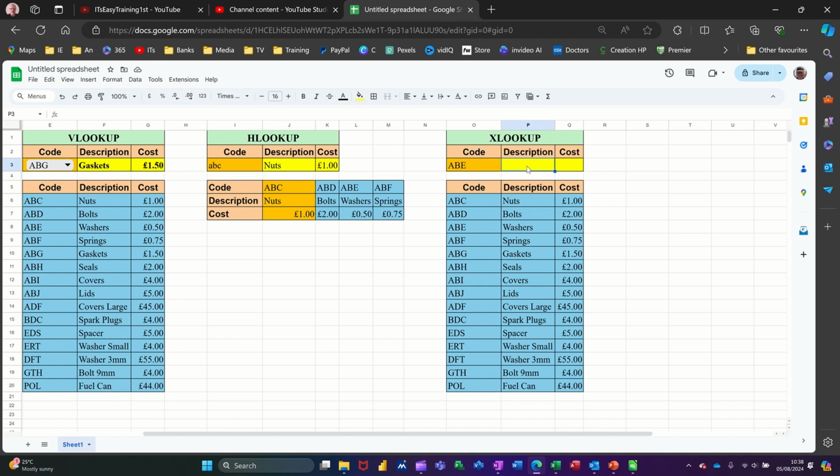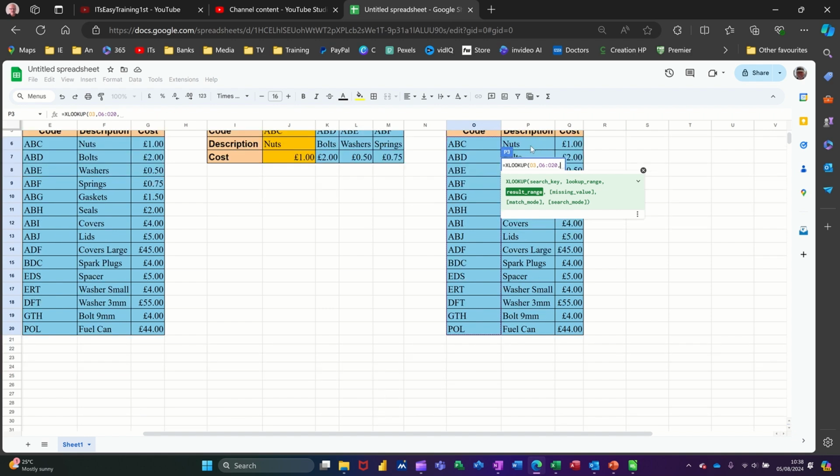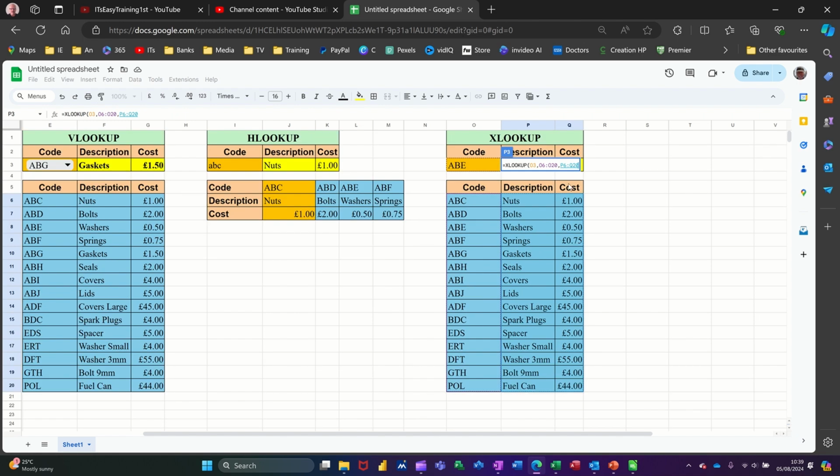Let's just have a look at this one. So equals XLOOKUP. Still looking at the code, comma, looking at where the codes are, and they don't need to be on the left-hand side like they do on a VLOOKUP, comma. Then result range, in this case, if I just scroll up a little bit, is all of these two columns, and there could be multiple columns here, all the way over there. That's the result, comma,